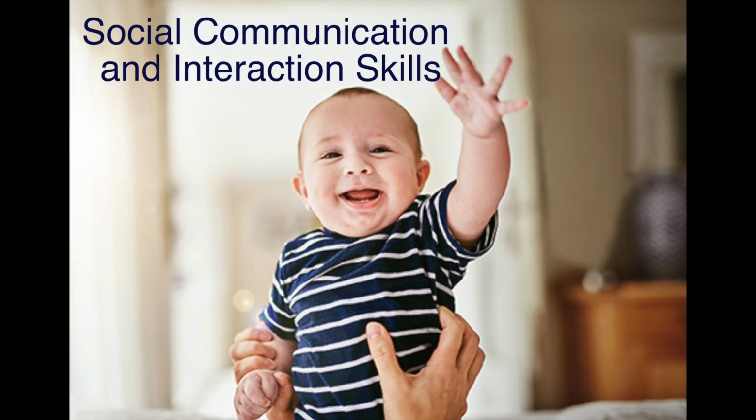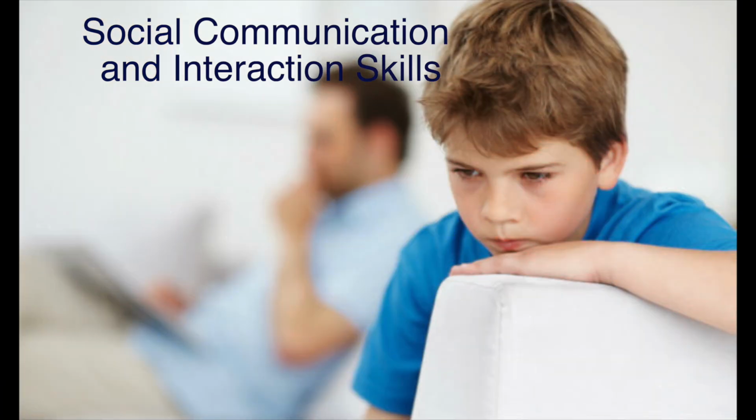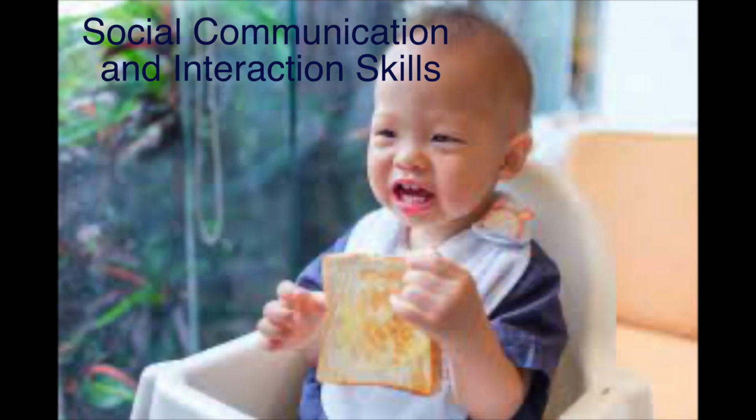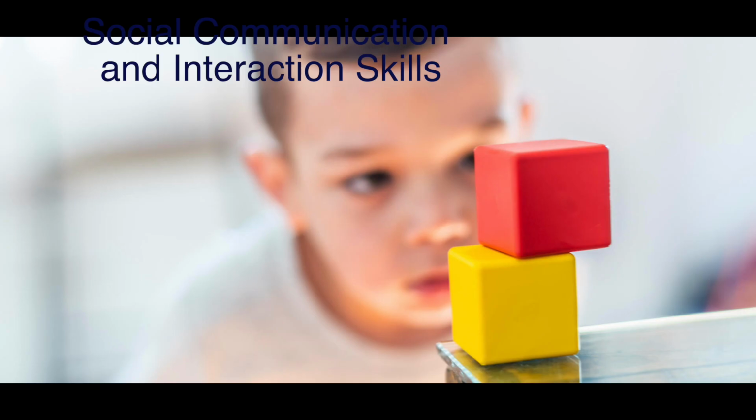Examples of social communication and social interaction characteristics related to ASD can include: avoids or does not keep eye contact, does not respond to name by 9 months of age, does not show facial expressions like happy, sad, angry, and surprised by 9 months of age, does not play simple interactive games like pat a cake by 12 months of age, uses few or no gestures by 12 months of age, for example, does not wave goodbye,